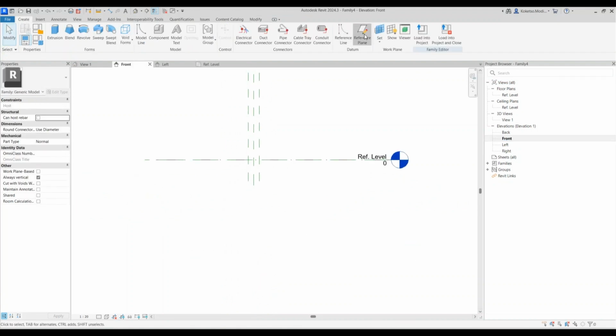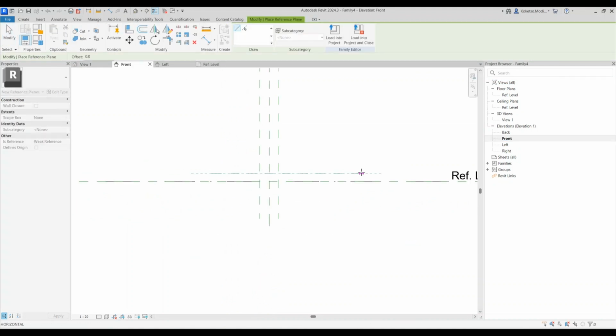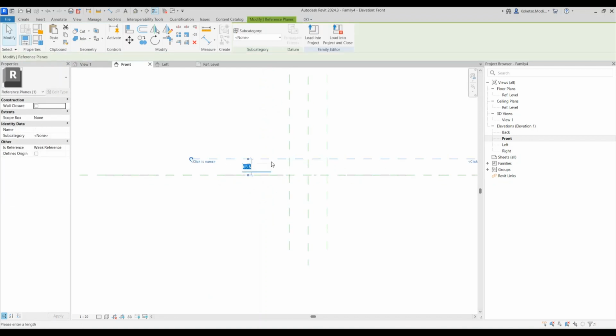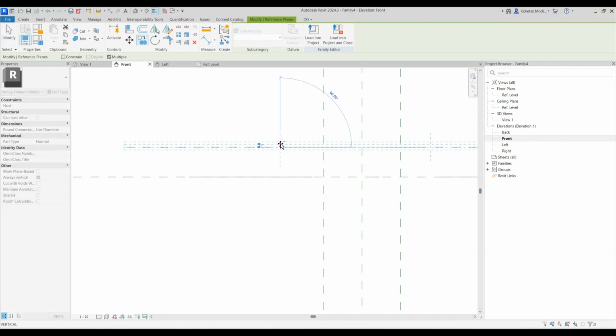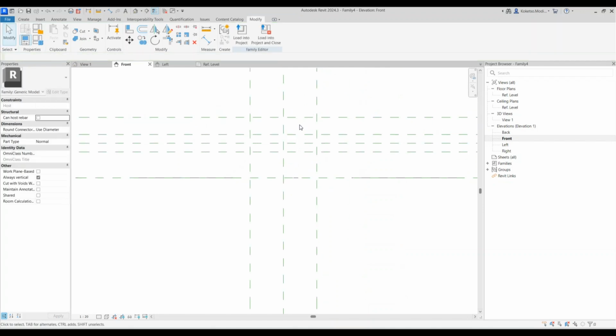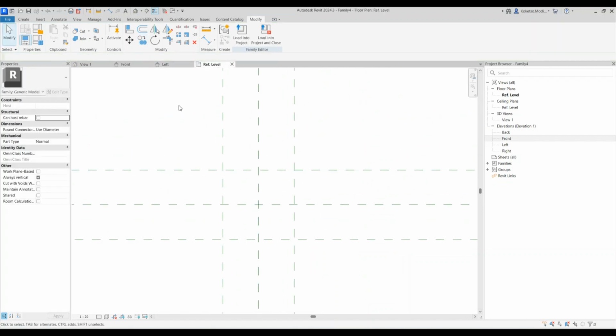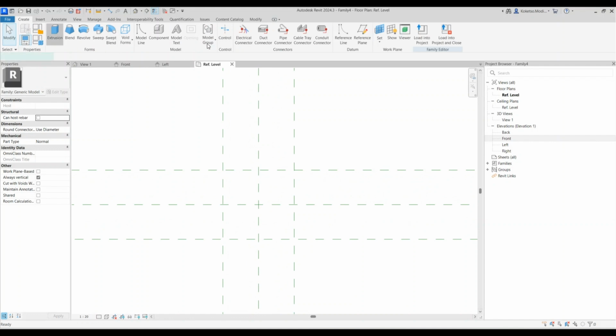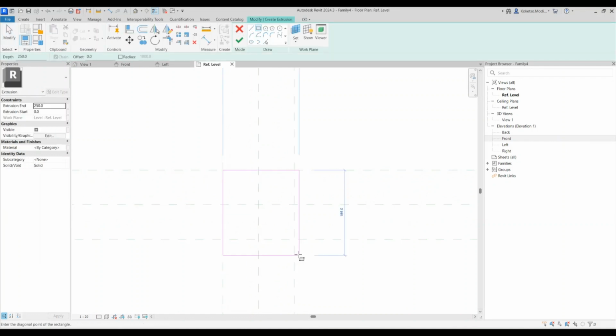Go to the front elevation, create, and then reference plane, this one we're gonna offset it by 60, and then I'm gonna offset this one by 20, another 20, and then 40. All right, so back to the reference level, I'm gonna place an extrusion like this,